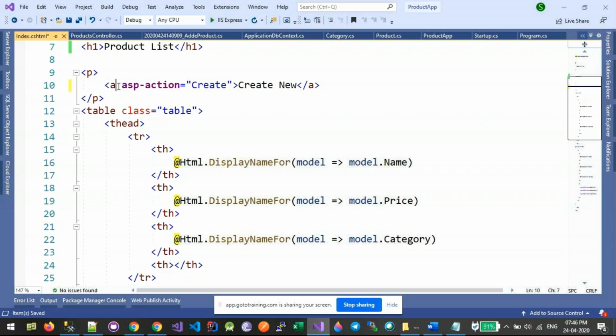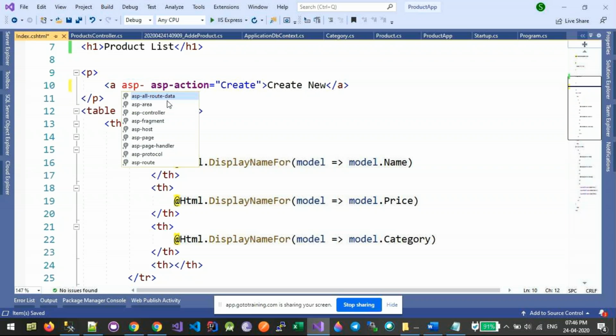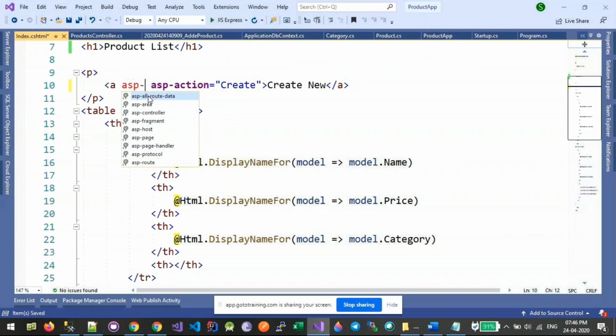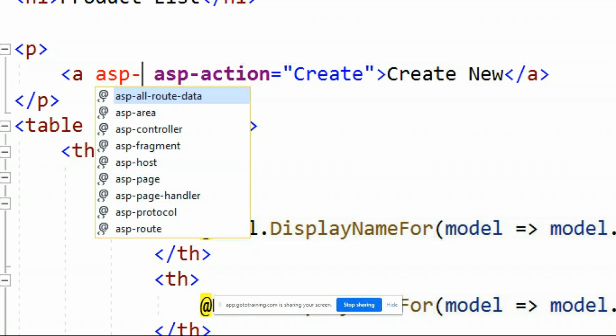Similarly, if I use asp hyphen, you can see the list of all the tags that can be supported by that particular HTML element. If you Google for tag helpers, you will see the list of all the predefined tag helpers which you can use, and similarly you can also create your own custom helper.